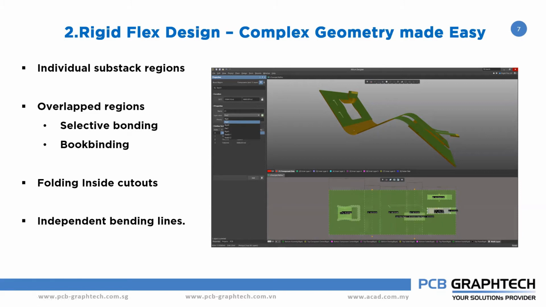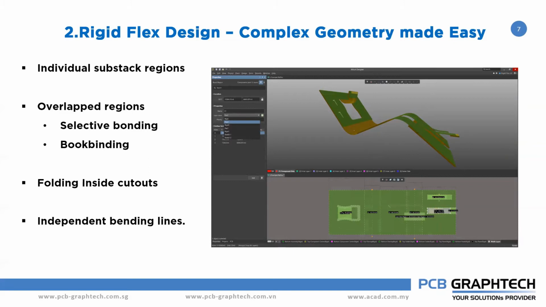If you go to your board planning mode, now you can individually select each region, or you can draw your own board region. Each board region you can draw, and each region will have its own layer stackup also. You can also individually edit each region. Previously, in the earlier versions, when you had the whole board region, you could not split your rigid region and the flex region. But now in the new version, you can just split them.